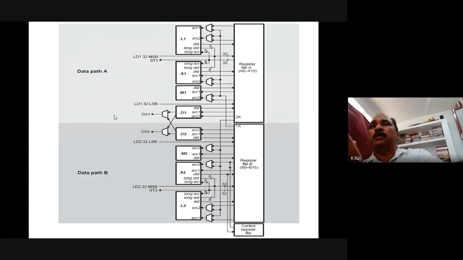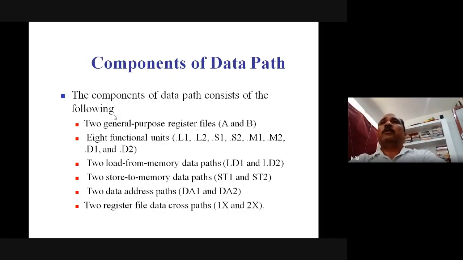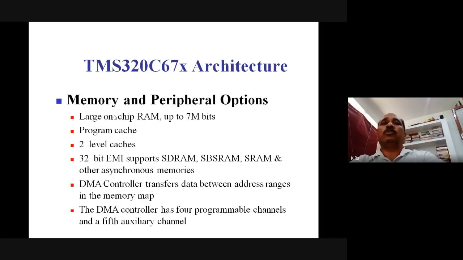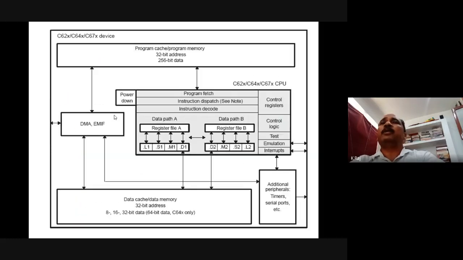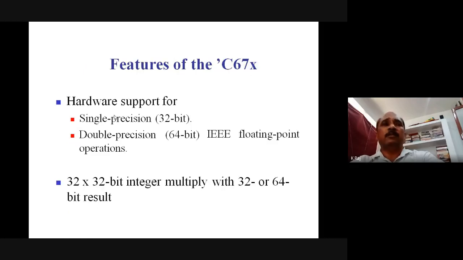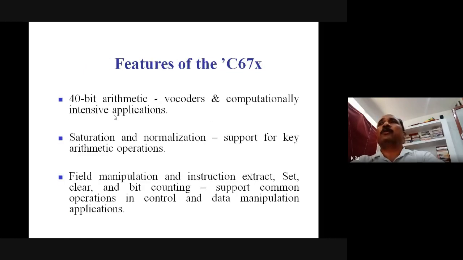These are the different features of data path A and data path B, which we have described in this lecture. In the previous lecture, we described the features of the TMS320C6713, and today we have described the different architecture having the different registers, data paths, and their connections, along with some functional features of the 32-bit general purpose registers.